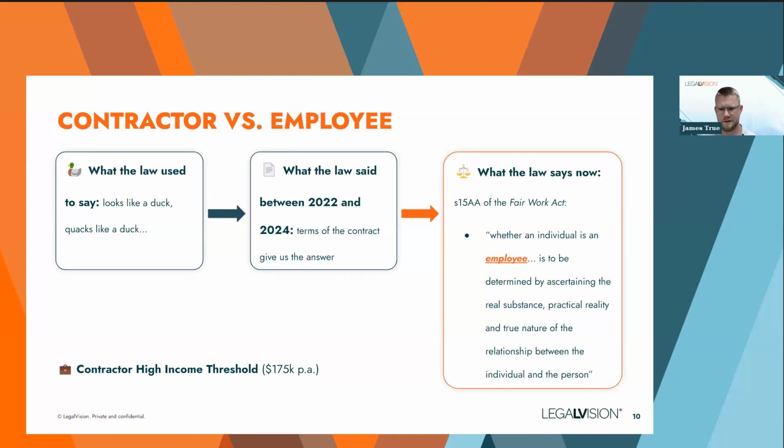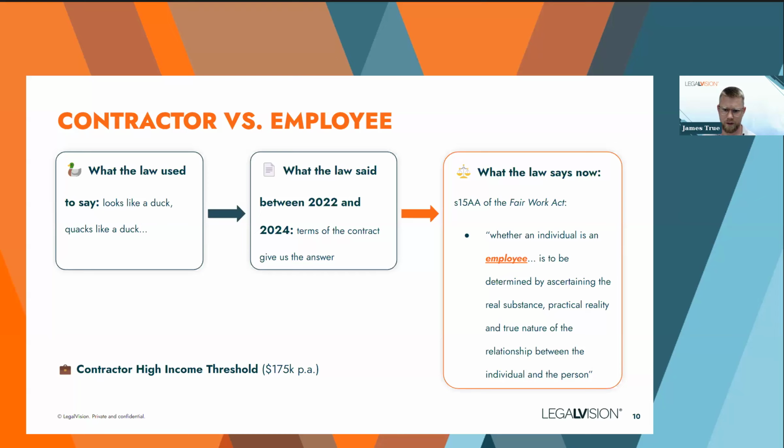Not so much how much does the principal control what work is done, but really how much do they control the manner in which the work is performed. So with an employment relationship, you have a lot of control, and employers will exercise control in relation to, yes, not only what the employee has to do, but how they're going to do it. Contrast that with a genuine contractor, who you might tell what to do, but that's more about, here's the project, here's the output we want from you, but you're the expert, you carry on a business doing this, so I'll leave you to do it. I won't control the way in which you're going to do it.